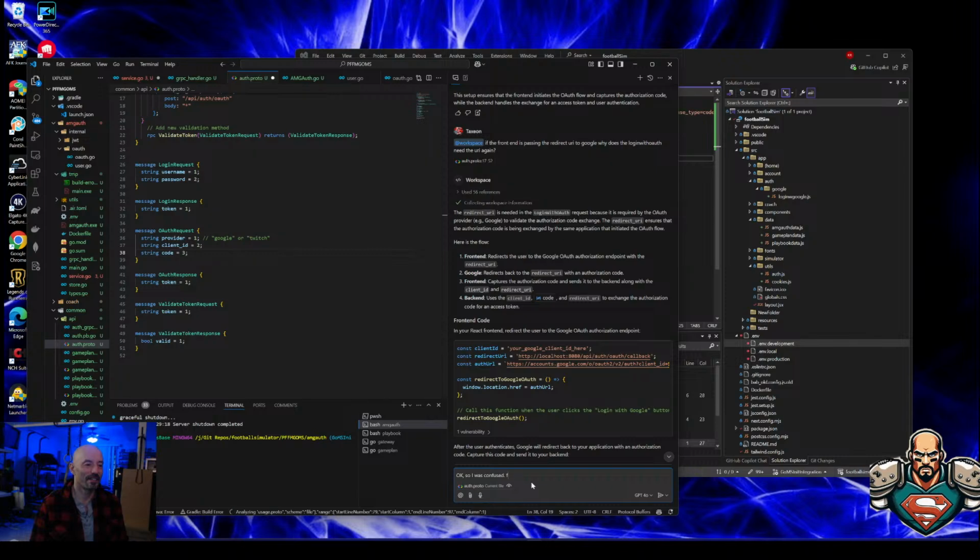I thought in step 1 the front end provided a redirect URI to the backend, then to Google in step 2,